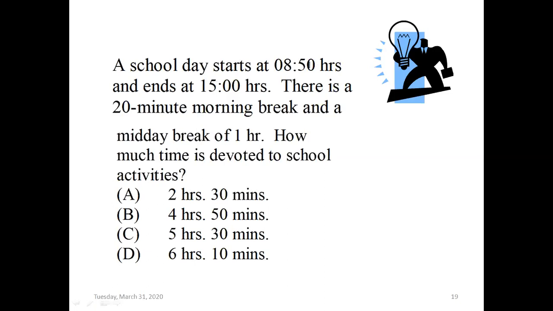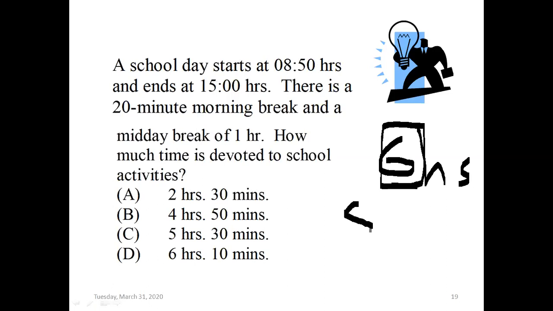Somebody count for me from 9 o'clock to 3 o'clock. How many hours is that? That's 6 hours. There's a 1 hour break, so if you take 1 from 6 hours, that gives you 5 hours, not true? But you have a 20-minute break. So